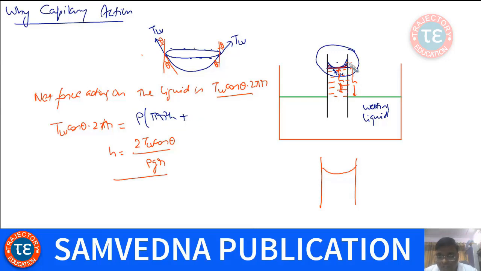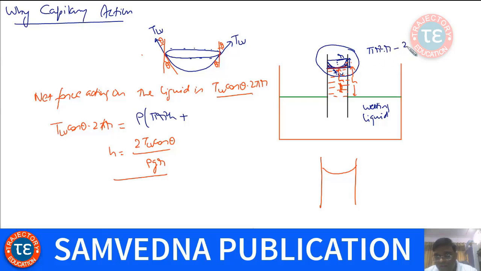Pi r square h plus this volume. What will be this volume? If I consider this to be a hemisphere, then how much would this volume be? First of all, I'll calculate this volume. Suppose this is a hemisphere of radius r. Then this volume would be the volume of the cylinder first, minus the volume of the hemisphere, which is pi